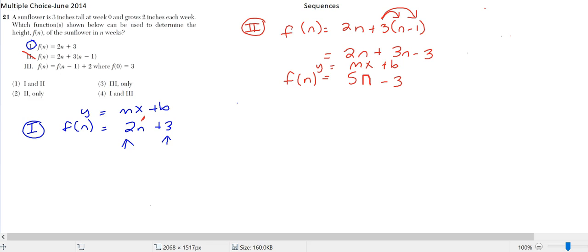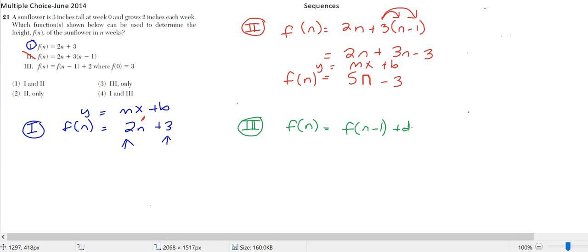F of n is equal to f of n minus 1 plus 2, where f of 0 is equal to 3. This is a recursive sequence which correctly models the situation. F of 0 means the value of the function at 0, and that is 3, so that is correct. And f of n minus 1 plus 2, the way we write out a recursive sequence for an arithmetic function is f of n is equal to f of n minus 1 plus d,